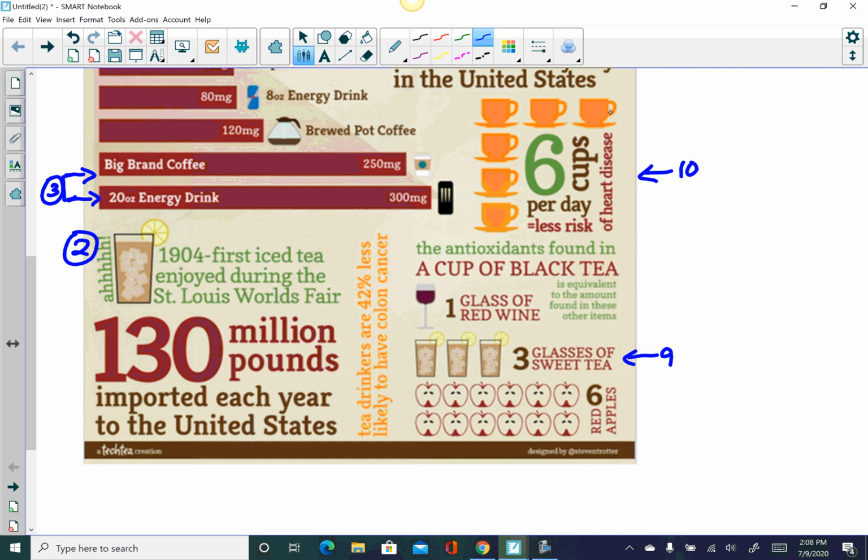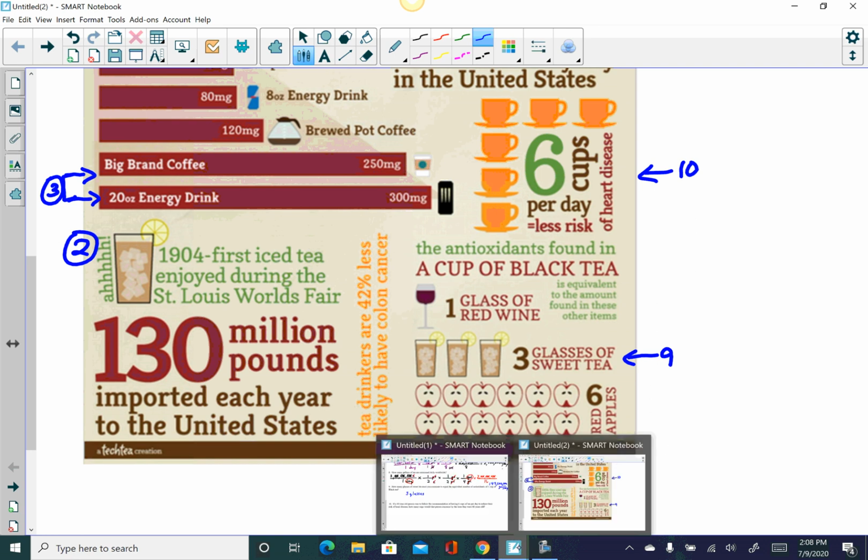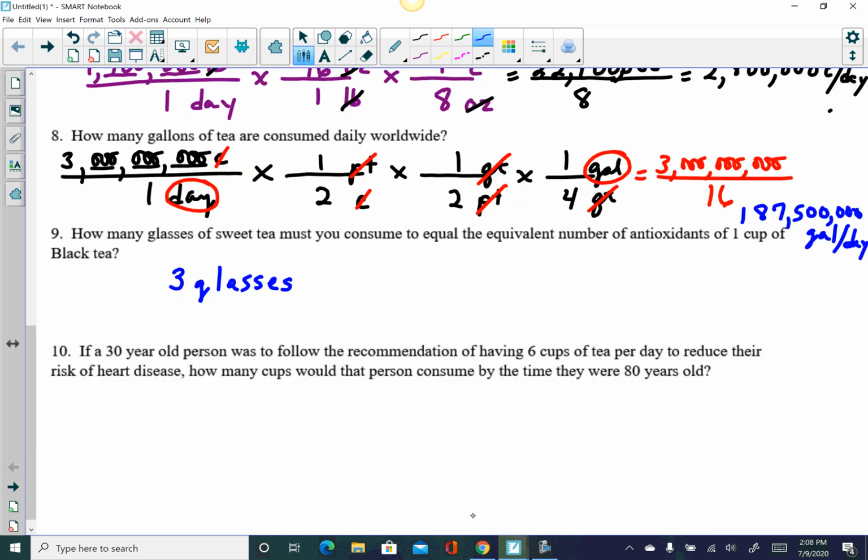So that's the statistic they're giving us. But we're going to be using our conversions to answer the question. So we know that it's 6 cups per day. And we want to know then, how many cups would a person consume by the time they were 80 years old if they started consuming when they were 30? So I want to go, this would be days. So we will say, we know that there are 365 days in 1 year. That way my days are canceling out,